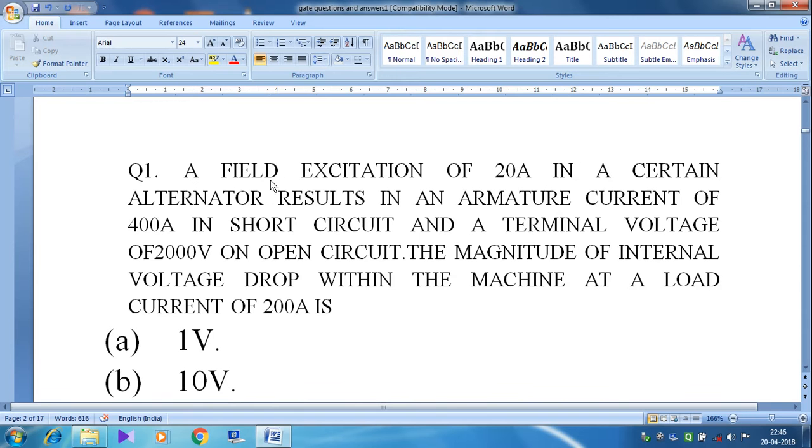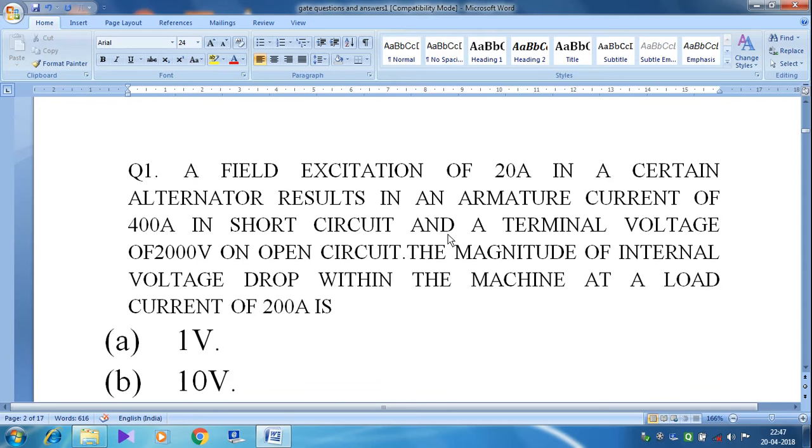इसका मतलब देखिए क्वेश्चन में क्या हुआ कि for the same field excitation we are getting the 400 ampere short circuit current and 2000 volt open circuit voltage. इसका मतलब क्या है? ये हमारा जो शॉर्ट सर्किट करंट, ये शॉर्ट सर्किट कैरेक्टरिस्टिक्स है, और शॉर्ट सर्किट टेस्ट करने के बाद हमको ये मिला एंड ये ओपन सर्किट टेस्ट करने के बाद हमको ये मिला।